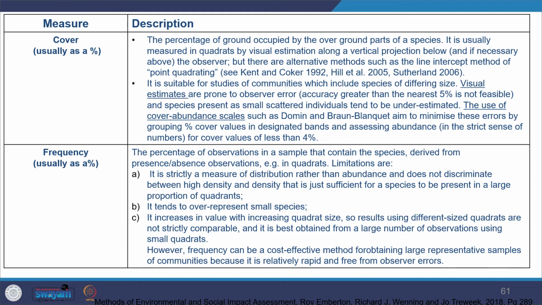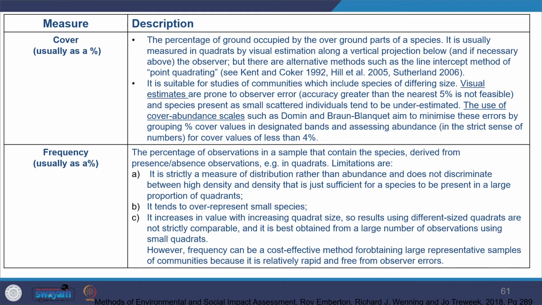I'm not going to get into the details of the scales here. So the other measure is frequency, which is again given in percentage. Here you see the percentage of observations in the sample that contain the species. So how frequently you are finding that, and by seeing what is present and absent in the observations, you make that. The limitation of this is that it measures the distribution, how the species are, rather than the abundance, and